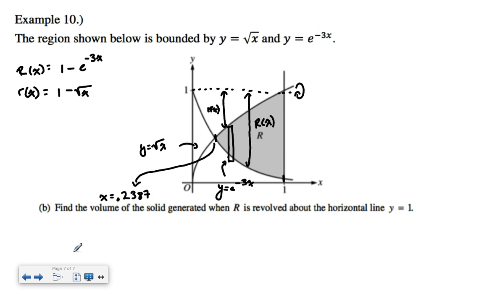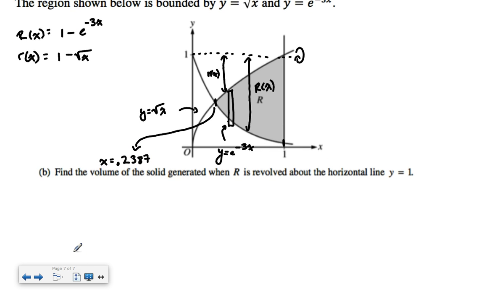So to do this integral, and this is a calculator question, I can actually just plug the whole integral into the calculator. So volume is equal to pi